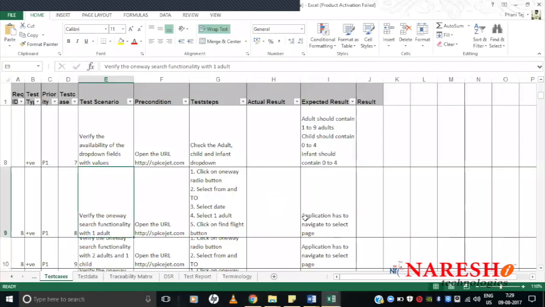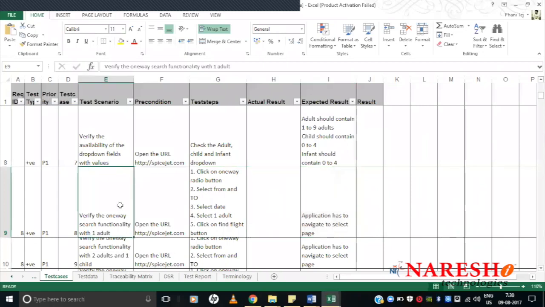Then he will give his actual result in this actual result column, and finally say whether the result is pass or fail based on whether these both are matching or not. This he is performing manually. The user is performing this manually. That is why it is called manual testing.